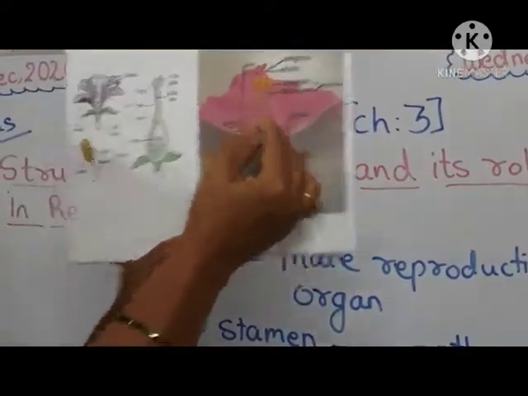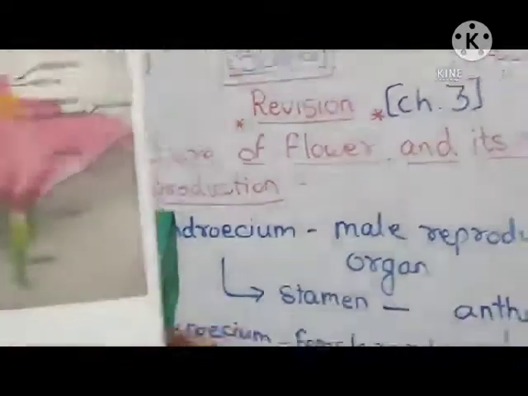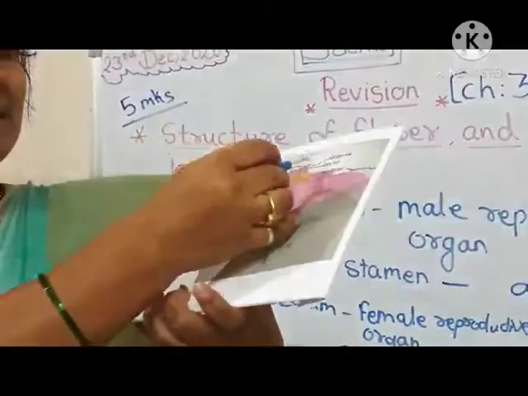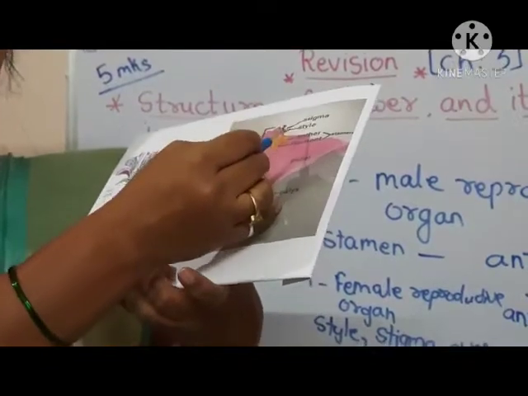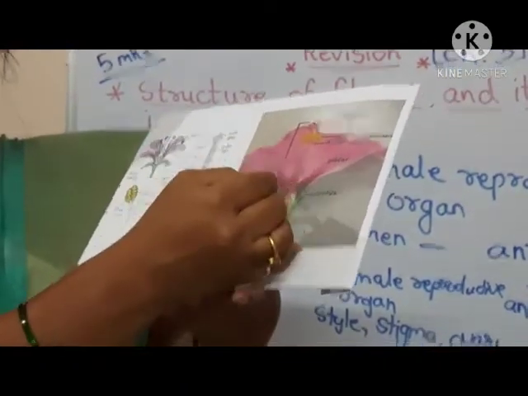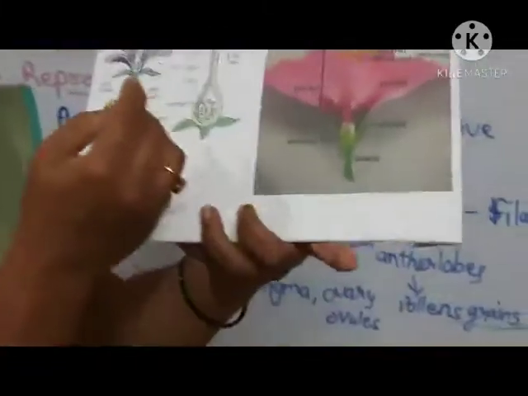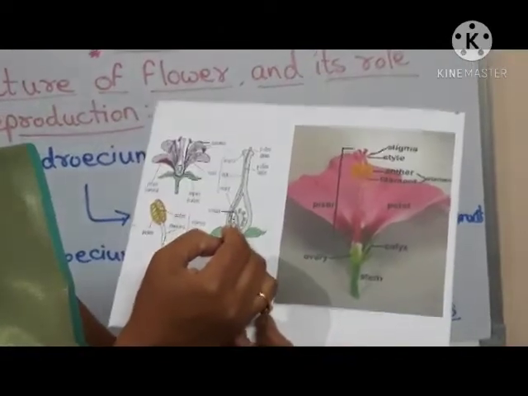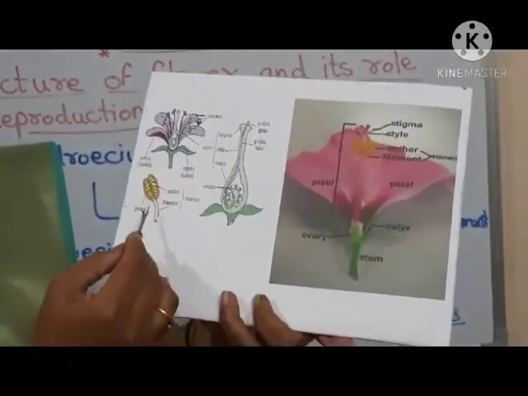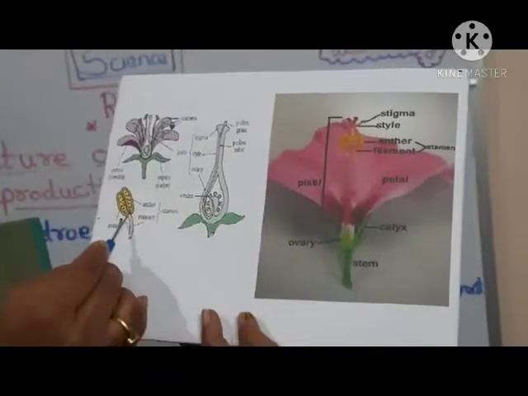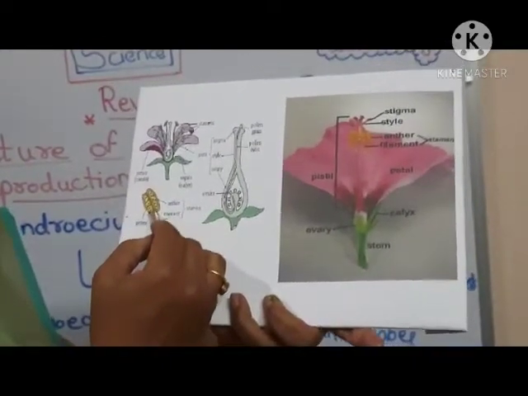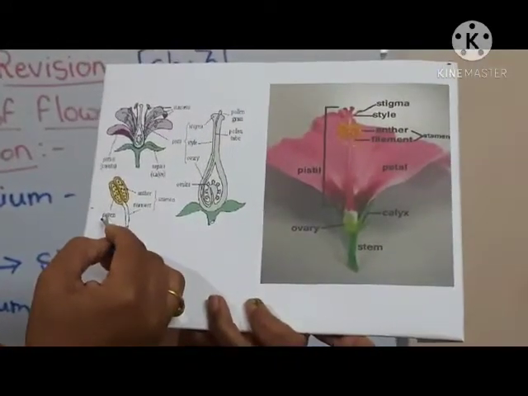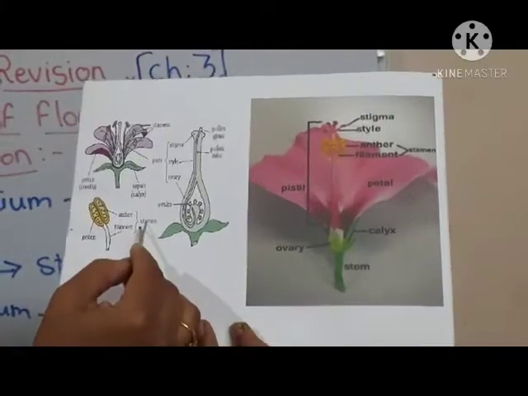Now inside this pistil, you can see the yellow color pollen grains on the anthers, as well as the stigma and style. It will travel through here. Here the ovary is there. Next, the transverse section of the ovary or gynoecium is shown, and the transverse section of the androecium is shown. The androecium consists of the male gamete: anther, filament, pollen grains, and the whole portion is known as the stamen.